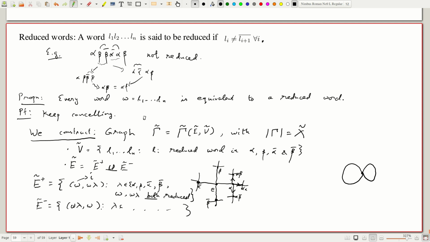Okay, so this gives me a graph. If you wish to be fully explicit, of course I should also say the reverse of (W, W lambda) is going to be (W lambda, W) and vice versa, and I of (W, W lambda) is going to be W, and I of (W lambda, W) is this guy. So strictly speaking, I of this pair is going to be W lambda. So the first one is always the initial vertex. Okay, so this gives you a picture, what is called a Cayley graph.